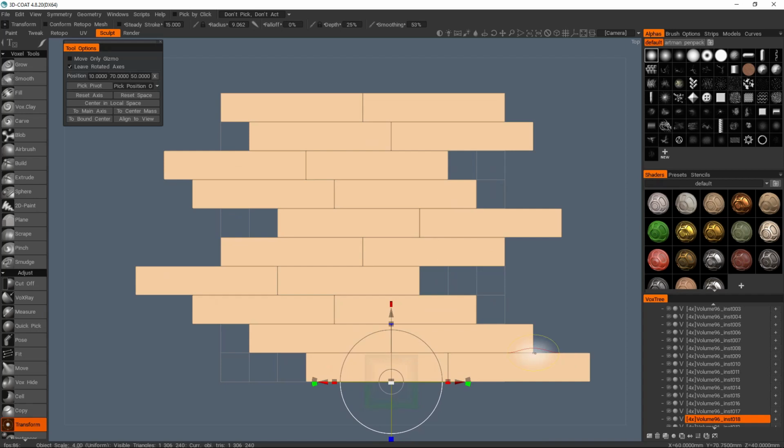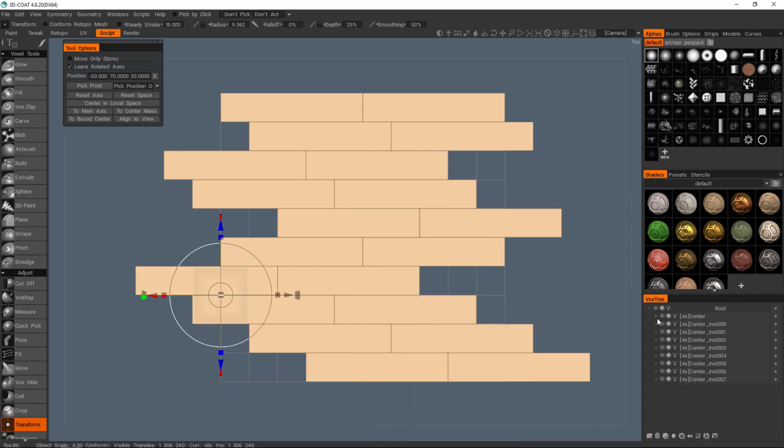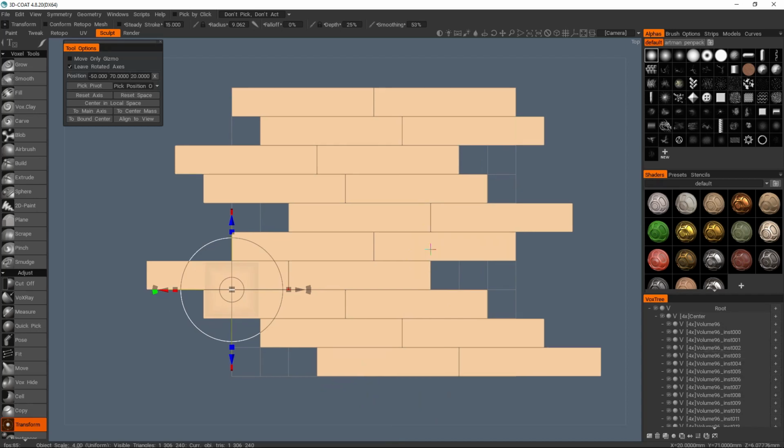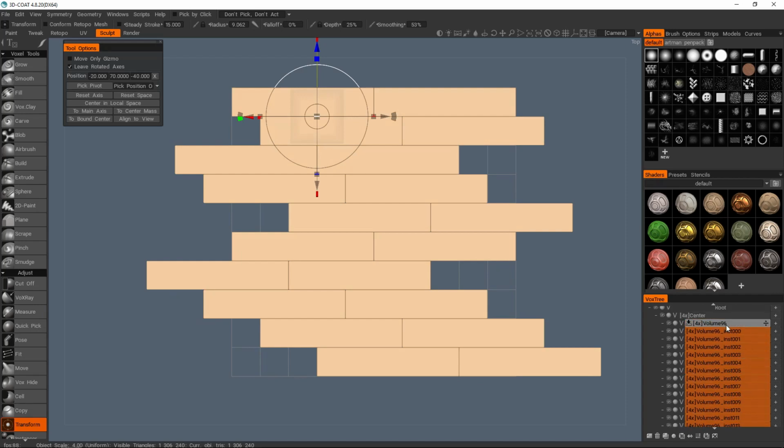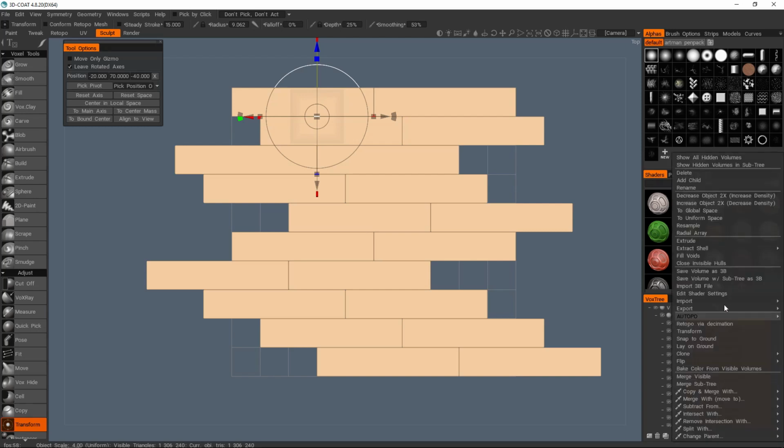Okay, so with the last piece in place, what you can actually do is instance all this stuff now to see how it looks. So if you were to just select all of these layers, and by the way, if you can't select all of the layers, then you're probably using an older version of 3D Coat. This is a pretty new feature, I think, to be able to select multiple layers. But either way, now we'll go to clone,